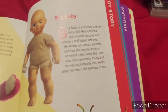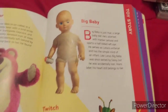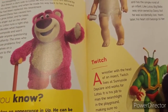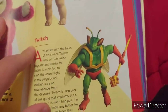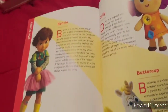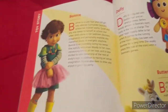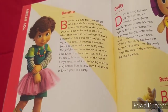Big Baby. He is the baby doll. Accidentally replaced by Daisy, along with Chuckles and Lasso. And we got Twitch, who is the grasshopper. I don't know much about him. He's one of the daycare's toys. And we got Bonnie, who is now the new owner of Woody and the gang. And we all know in the end of the third movie...